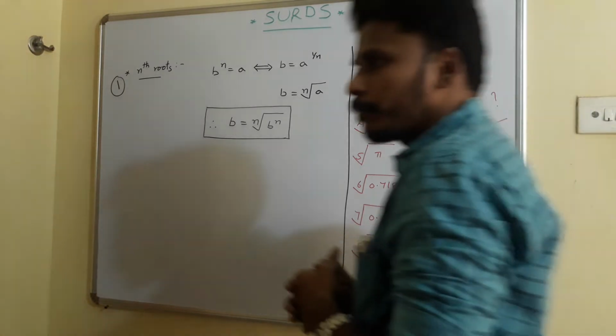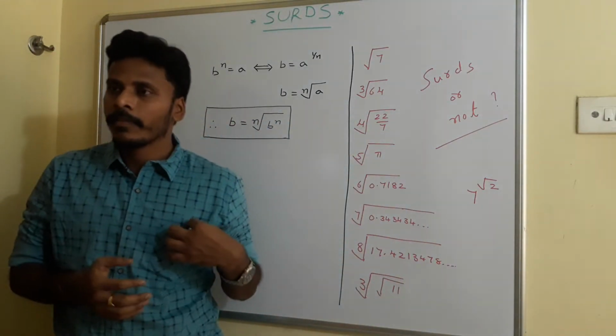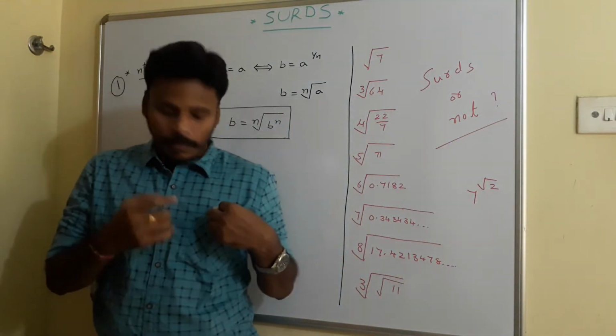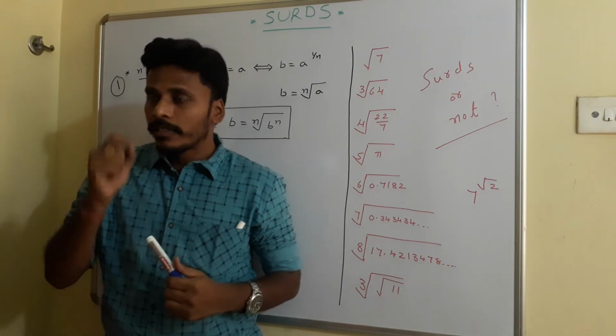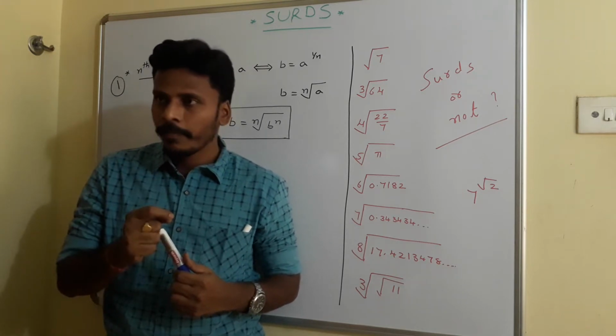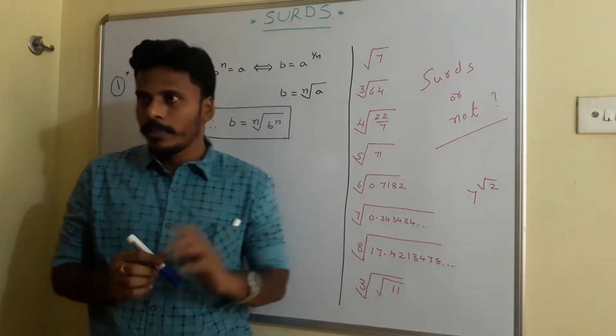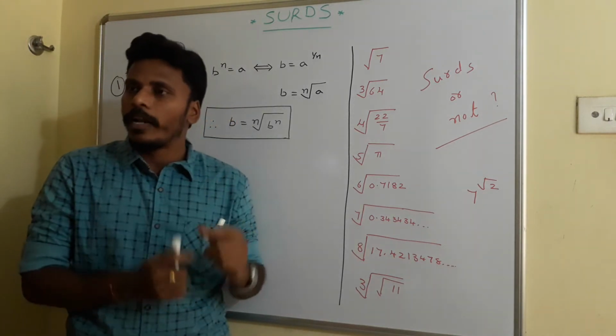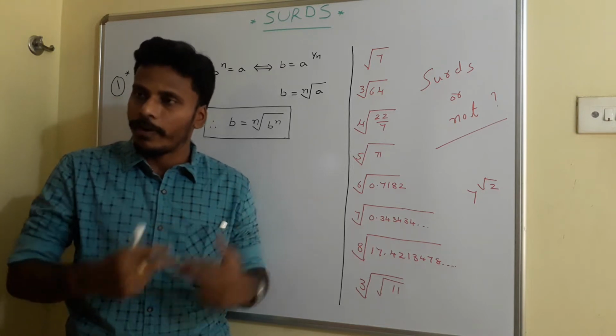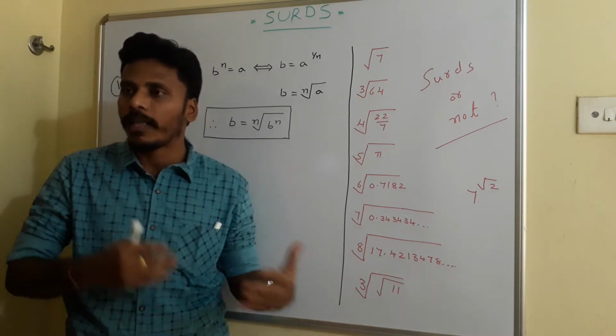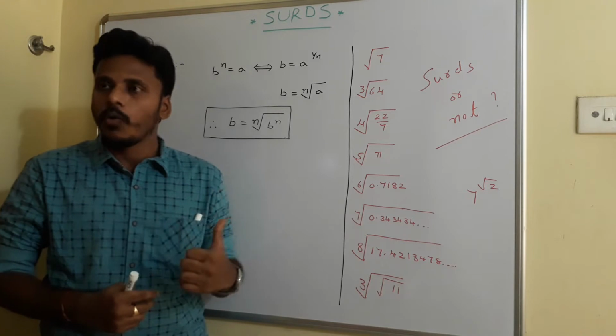Surds, right? So what is it? Actually, yesterday, as we discussed, surds are another form of notation for exponents, as are logarithms. If we have an exponent, we can express it in two different forms: one is the logarithmic form and the other is the surd form. Now we are in surds.